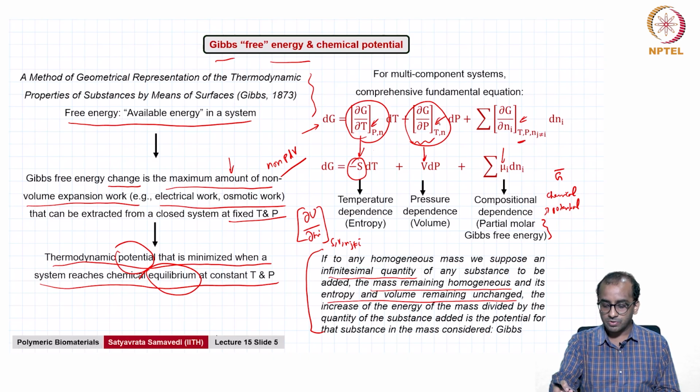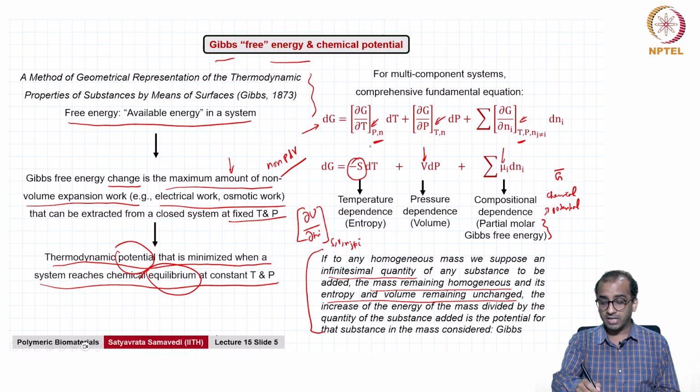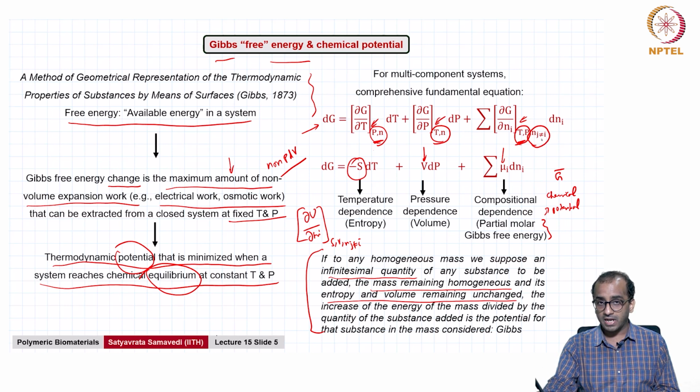So, in this notation, whatever is put here remains constant when the other variable is changed. So, when temperature is changed, P and N remain constant, here T and N remain constant, and here T and P remain constant, and everything other than i remains constant. So, that is what we mean by n_j not equal to i, because i is being changed here, all the other